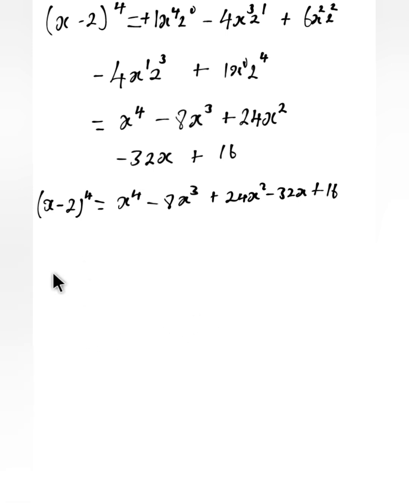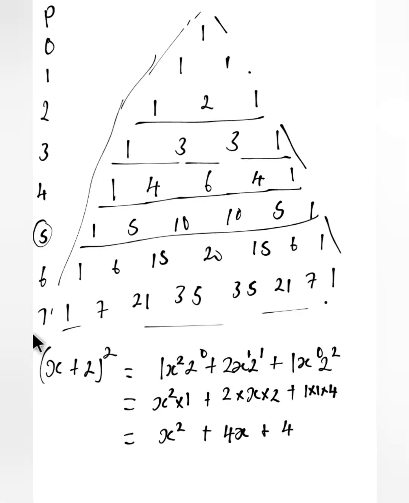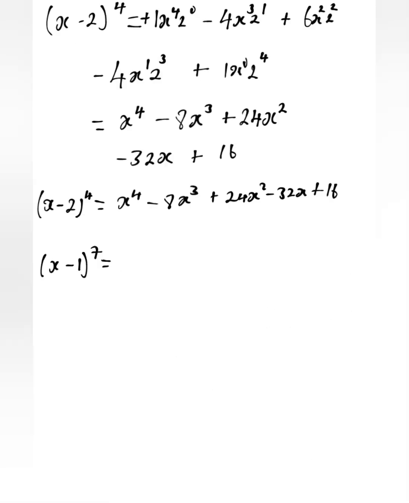Now let's expand another number with negative sign, which is (x - 1) whole raised to the power of 7. And this raised to the power 7 will be equal to, let's go back to the Pascal triangle. When it's 7, it is 1, 7, 21, 35, 35, 21, 7, 1. So let's proceed. 1, 7, 21, 35, 35,